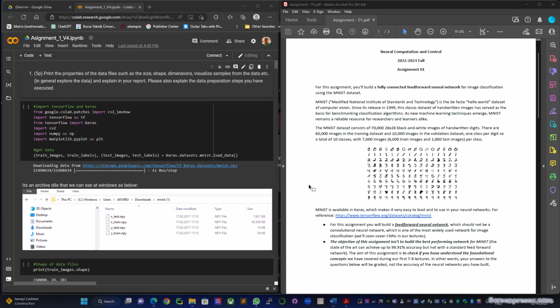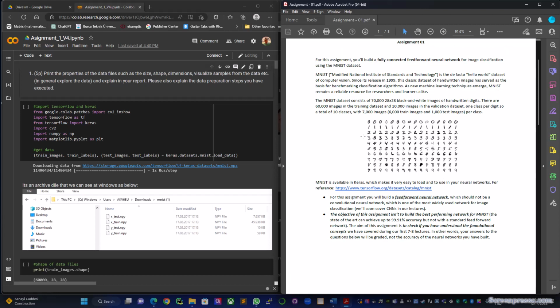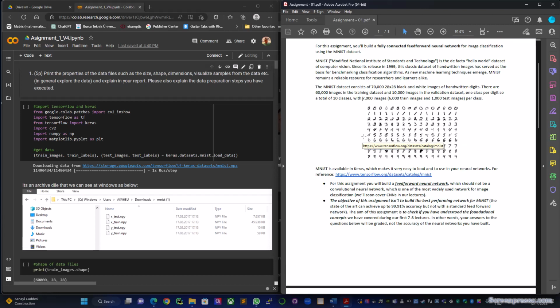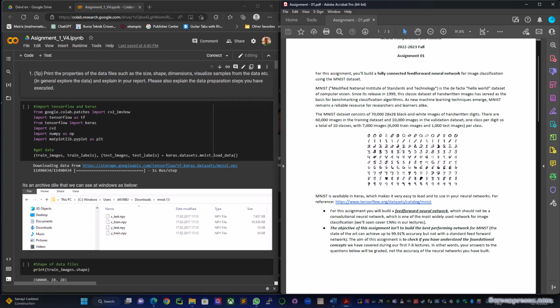This is a video about an explanation of the Neural Computation and Control lecture, Assignment 1. First, I want to thank Ms. Selma Yıldız Kayarma for this great homework, which helped me a lot to understand the logic behind neural networks as much as possible. On the right side, we can see the assignment and the explanation of the MNIST dataset, that was created